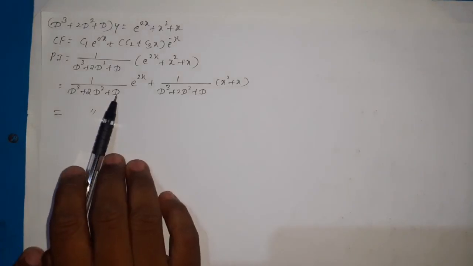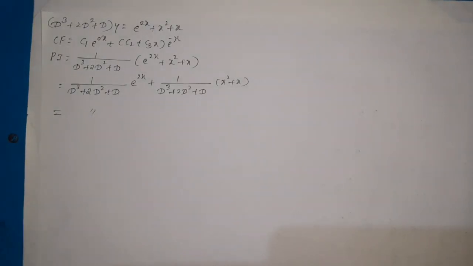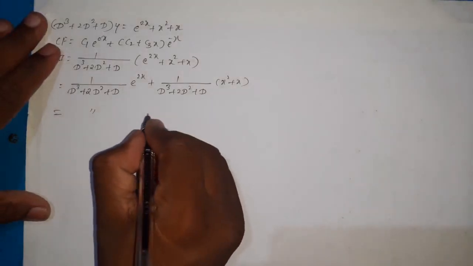So here the first part is of the type of first case of finding the particular integral, means whenever the RHS is e power ax, in that case how to find the particular integral, already you know how to solve that, just by substituting d is equal to a, here a is equal to 2, then find its solution,